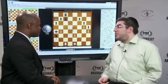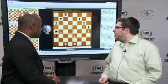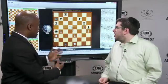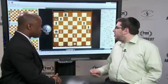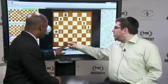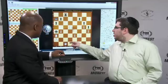Very good adjustment. I was very, very happy. Well, that was a great moment for you. The capture here, and you were able to capture on C1 and win an exchange, and go on to win. And the cute moment that if rook here, rook C2, if queen takes C1, then rook C2 then